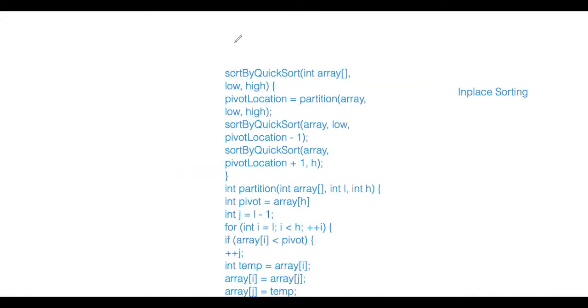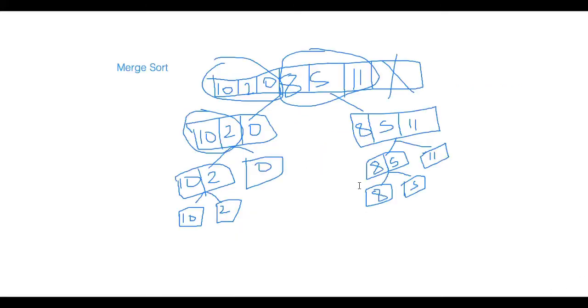We didn't add that condition. Let me add it here. We have to do this only if we don't have a single element array. Only then will we do the divide. Otherwise there's no point. Without any condition, it's a recursion, so it will become an infinite loop. But that's a smaller detail, you will get it when you think about it.